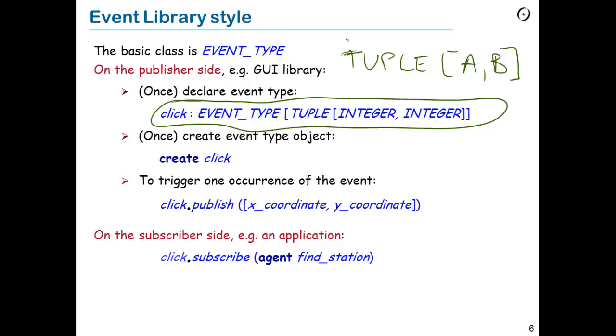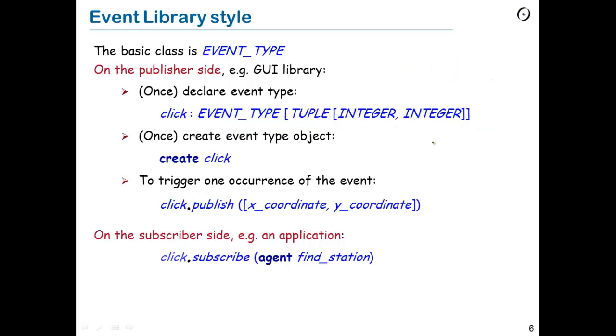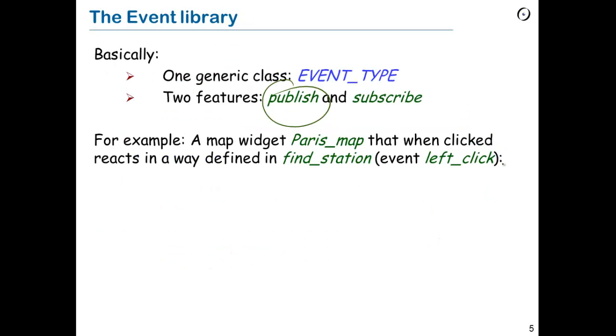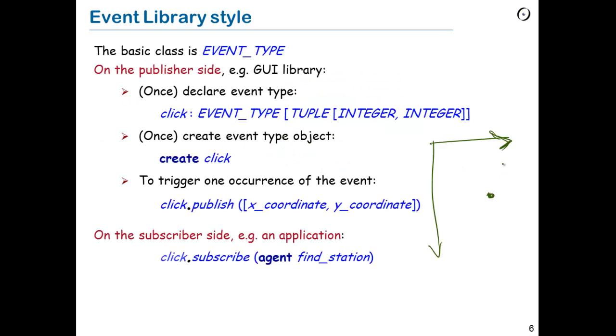So we declare, coming back to click, we declare click meaning the event type click my mouse, or maybe left click my mouse, in which case we would call it left click, an event type corresponding to events which represent clicking the mouse. And why the tuple of integer and integer? Well, it's very simple. When the user clicks his or her mouse, we will want to know the information that they clicked the mouse right now, so that's an event, but we will want